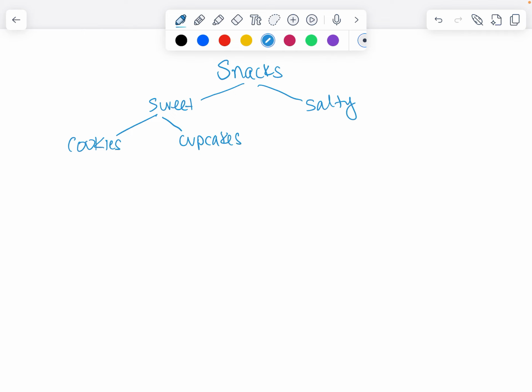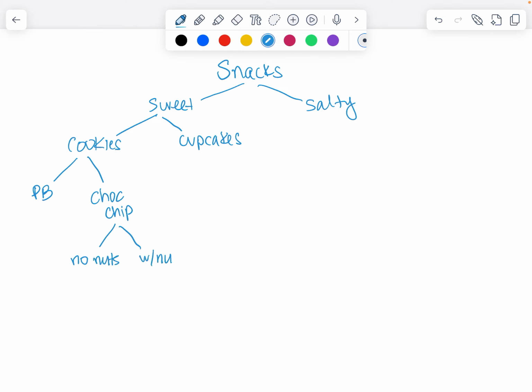All right. And we could go further. Well, what kind of cookies do we have? I've seen some that are, let's say, peanut butter cookies, or they could be chocolate chip cookies, because many people love chocolate chip cookies. But we could go even further than that, and some chocolate chip cookies can have nuts, and some just are chocolate chip without nuts. So no nuts,